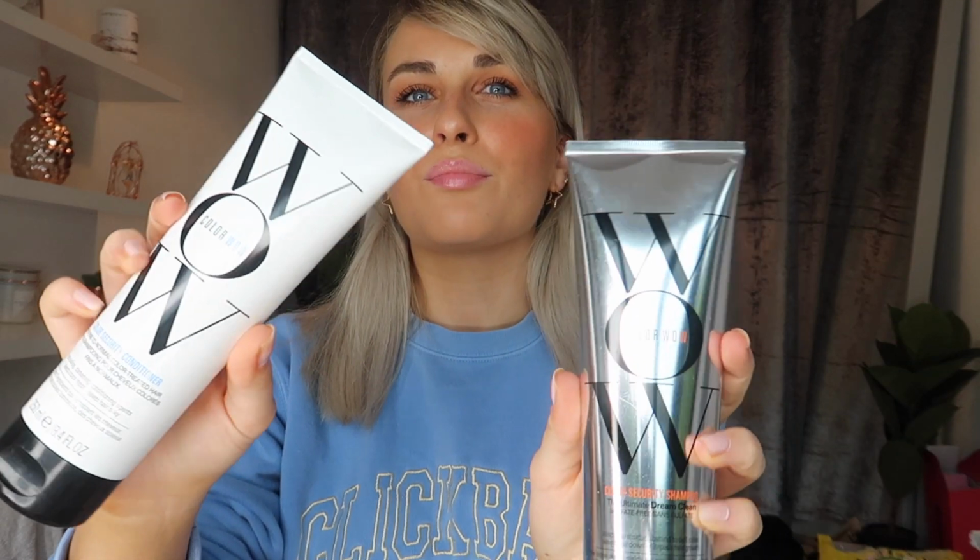So this is another brand that I have been loving during lockdown. I find that the Color Wow shampoo and conditioner is the perfect shampoo to use if you wash your hair more than once a week. I don't, I literally do them once. But if your hair is getting a little bit too dry or a little bit too grey or just ashy from using all the purple products, this one is a really, really good one